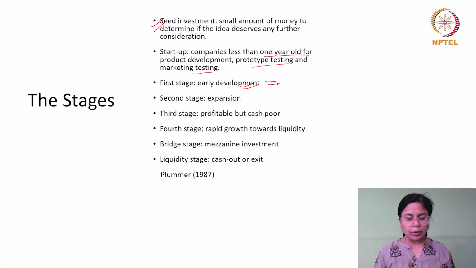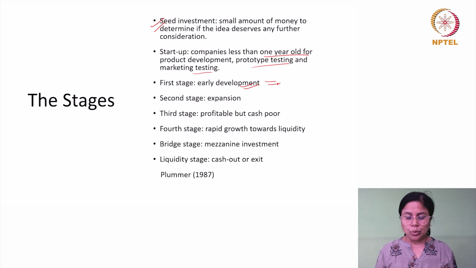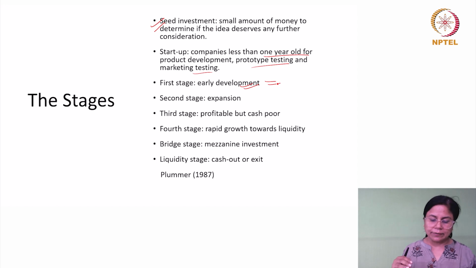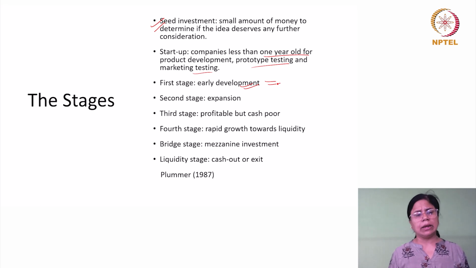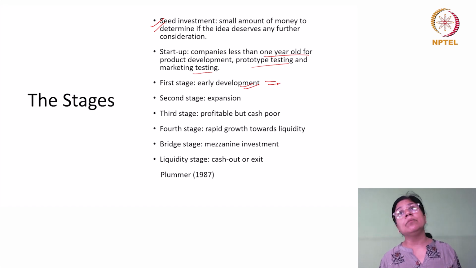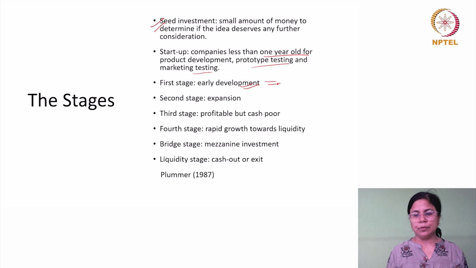Then the second stage, here what we are looking at is an expansion case. So what do we mean by that? Essentially, a company in the second stage has shipped enough product to enough customers. As a result, they are getting some feedback from the market, and the speed of the market penetration is rather limited as of now, but they want to speed it up. The company is probably still unprofitable at this particular stage, or maybe marginally making some profit, but it does need more capital, maybe for more warehousing, inventory, equipment purchase,